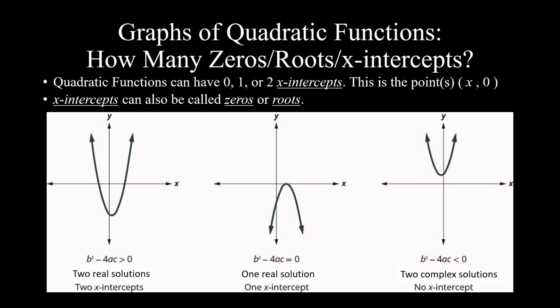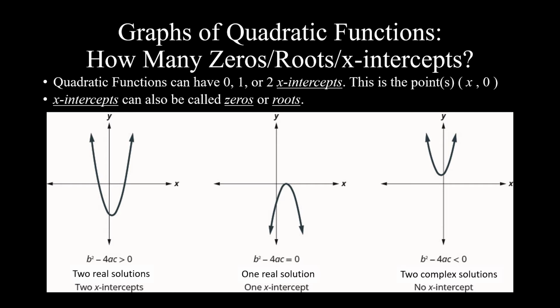So I'm going to put up these three graphs. As you'll see, when we graph quadratic functions, they turn into this U shape called a parabola. They can be facing up and down like a smile, or they can go from top to top or from bottom to bottom like a frown. Those are the two types of parabolas you'll see when we graph quadratic functions. And when we graph them,